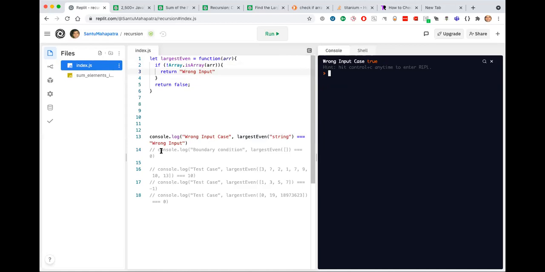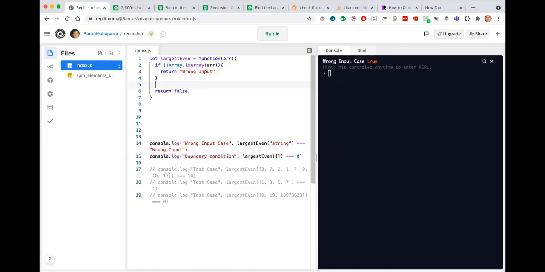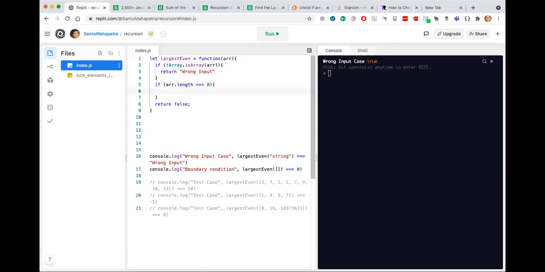Wrong input case is working perfectly. Let's check for boundary condition. The boundary condition is also running properly. Now let's go to the test cases.